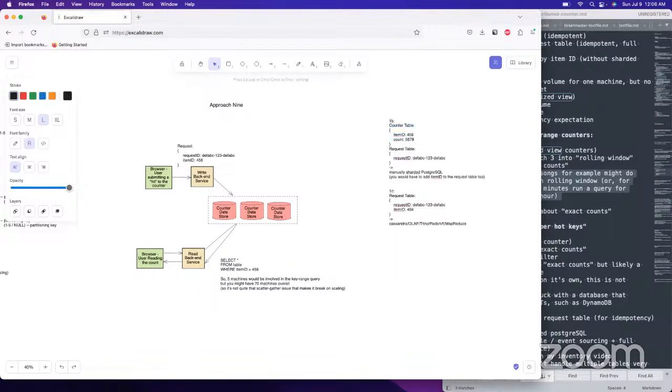same kind of table setup as from 1B, except now it's sharded. You need to add the item ID in the request table as well, because it needs to be sharded just like the counter table. So you'd be sharding these both.